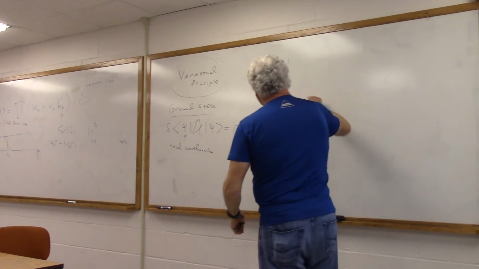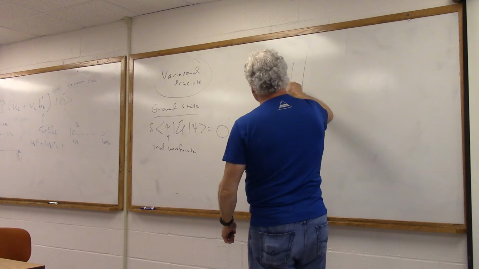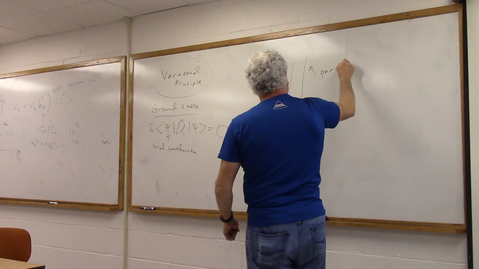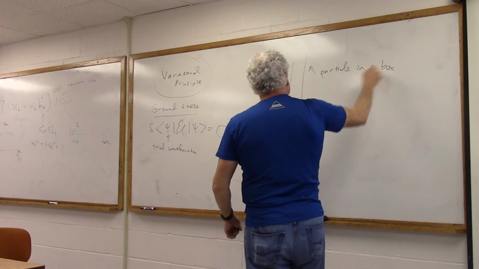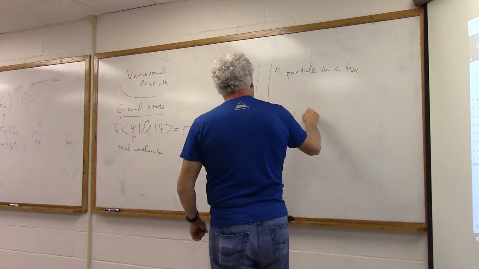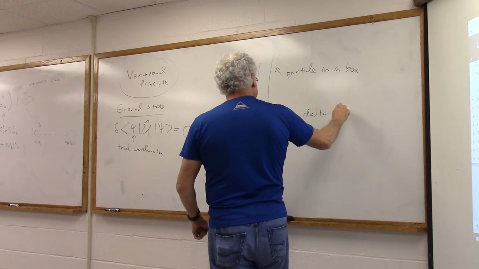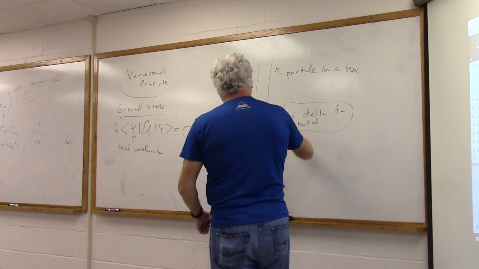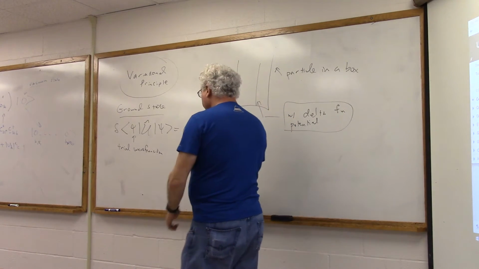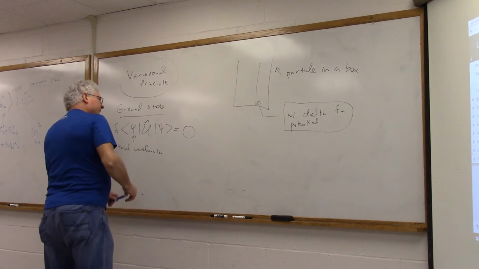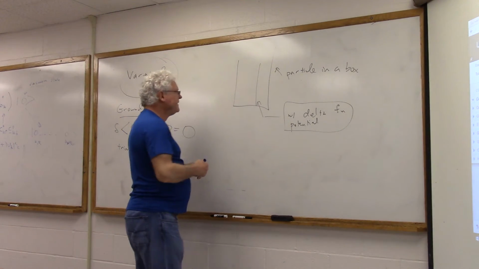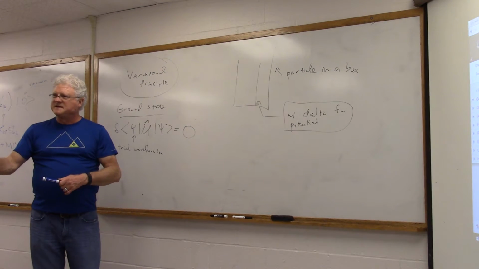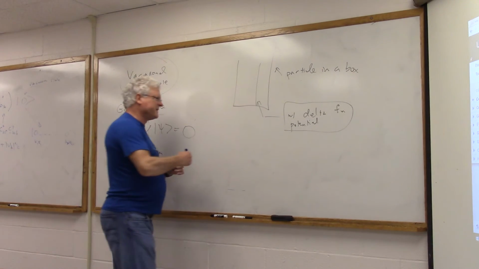So what I'll do is I'll give you a particle in a box, and I'm going to throw in a delta function inside. Okay, particle in a box with delta function potential. And so I think what I am going to do is I'm going to be giving you a trial wave function where it's going to be something like a cosine function times, I think it was the original ground. So the original ground state was,